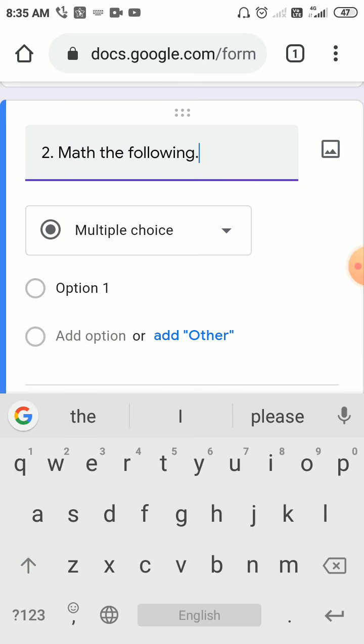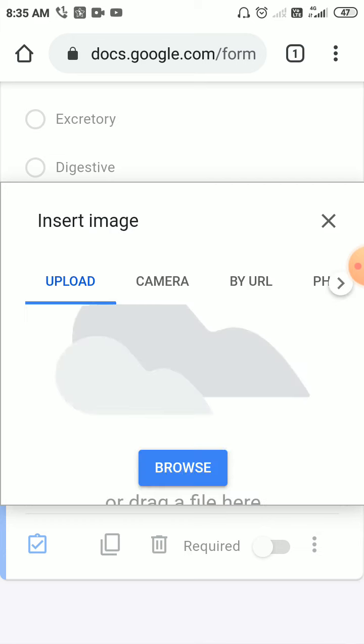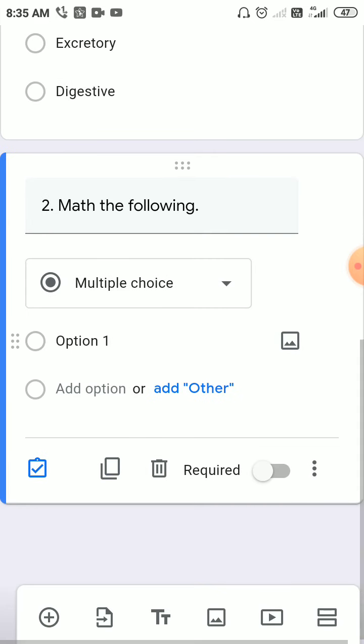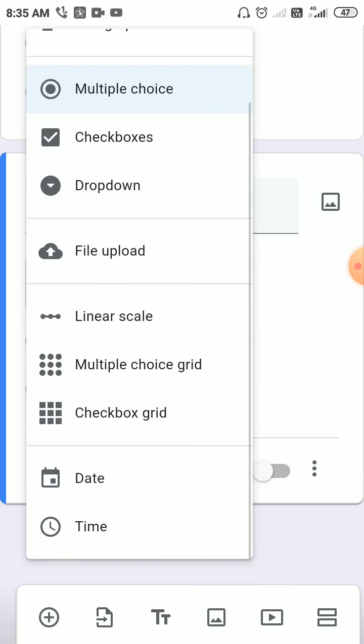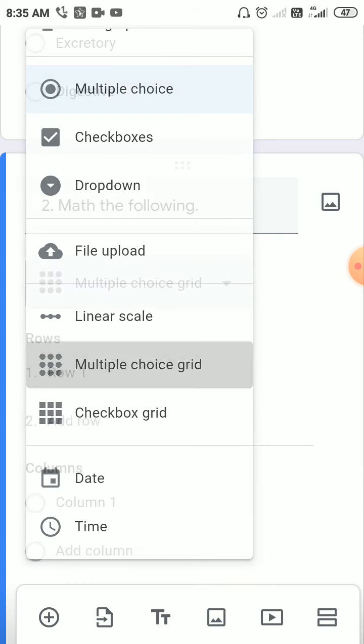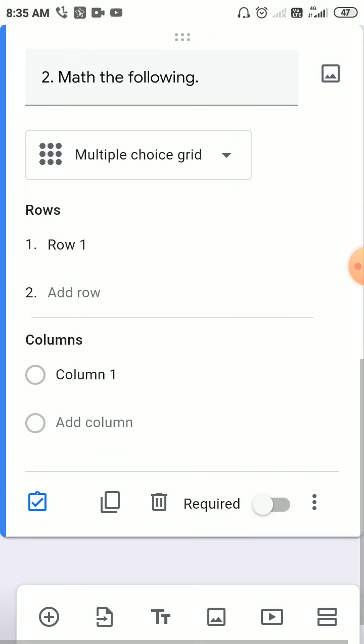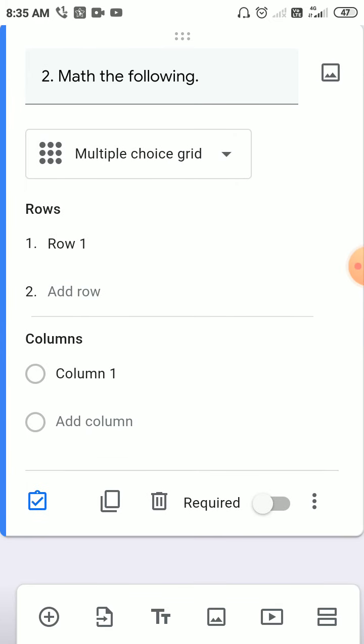As soon as you click this, for answer type, here it is multiple choice. When you click this button, you will get one option, multiple choice grid. Just click this multiple choice grid. You will get rows, row 1, add row, and the columns also.